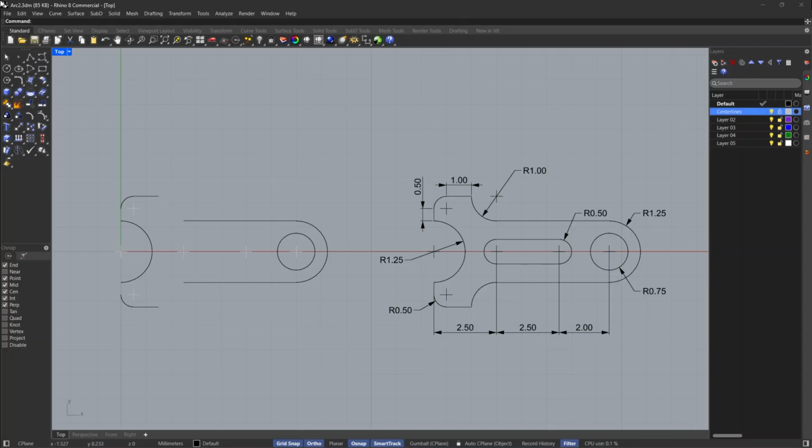Next, we will draw single lines using the End O snap. Right-click to bring back the previously used single line command. For the start of line, click on the bottom endpoint of the small arc on the top left. For the end of line, click on the top endpoint of the large arc in the center.